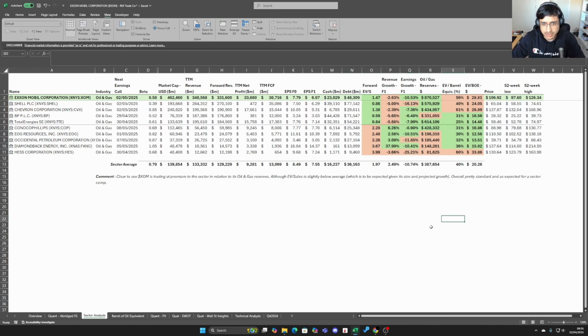Having a quick overview and look here, as you can see, I've highlighted the positives and negatives by color coding them. What we can see here is these are the oil majors, and then these are the primary, big significant independent oil and gas companies, sorry. So one thing obvious to see from a valuation perspective is that the enterprise value over sales, which is simply the enterprise value divided by the sales, for all the oil majors is below the sector average, and then for all the independents is usually above the sector average.